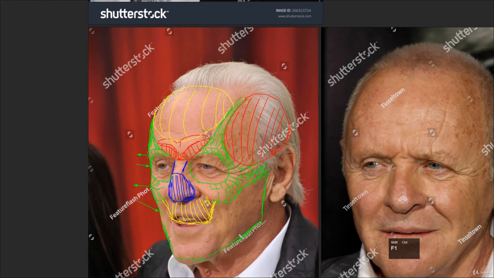That where is attached the teeth, and I'm gonna make in blue the jaw, the mandible. Okay, so